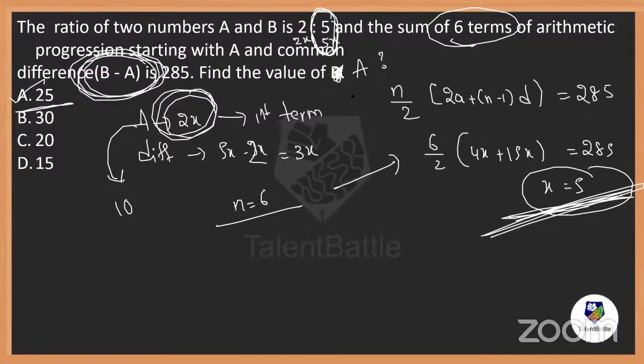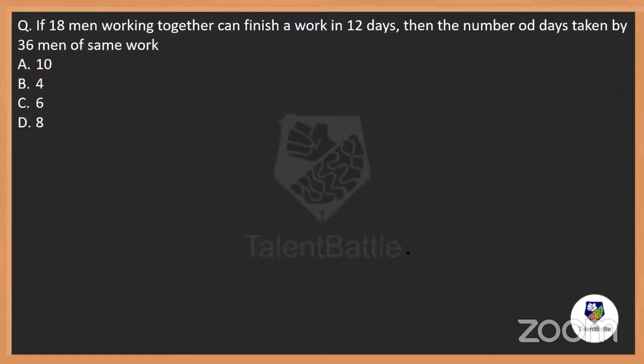Is it clear? Do you understand arithmetic progression? This is also one model that is more. In arithmetic progression, you need to remember this formula for the sum of the terms. Everyone is following, right? We'll move forward. Until here, everything is clear, I guess. So let's solve a few more. See the next one.